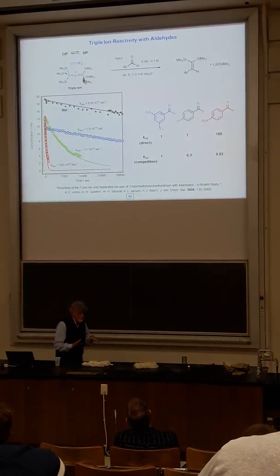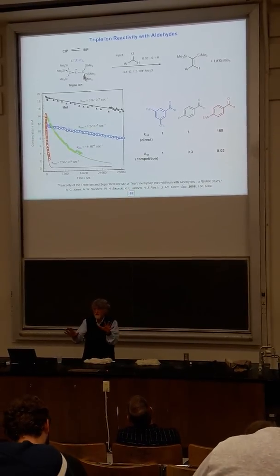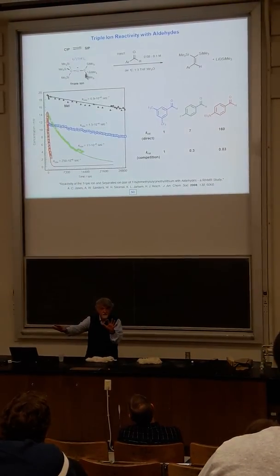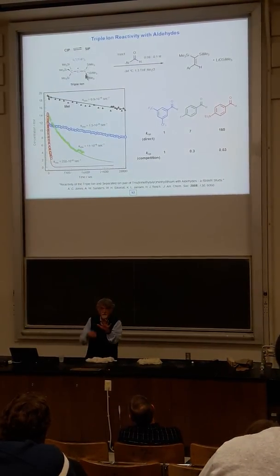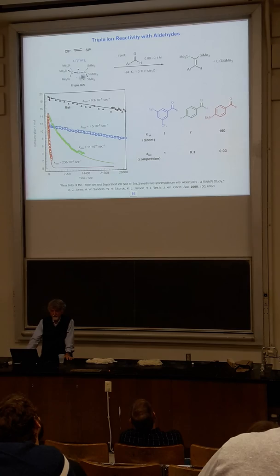We do a very simple experiment here. We make a solution of this that has a bunch of triple ion, has a bunch of the other stuff. We inject some methyl iodide. This immediately uses up all the other ones. Triple ion doesn't react with methyl iodide. Then we can add aldehyde to the triple ion to do its chemistry. So we have this kind of a purge system. So we're looking at the aldehyde reaction with